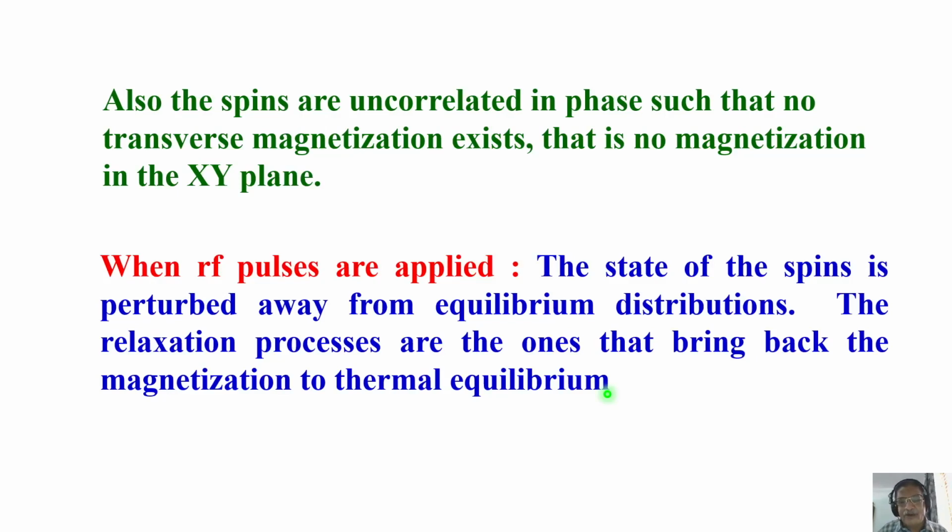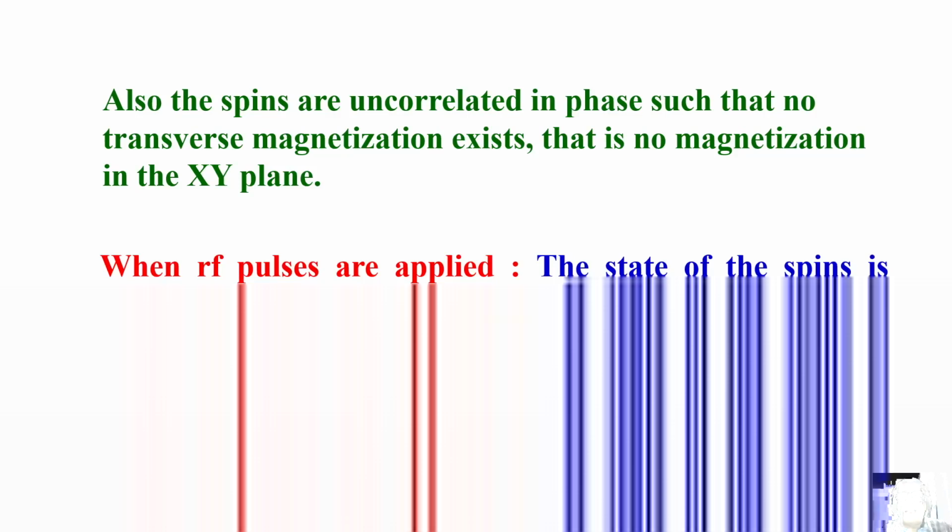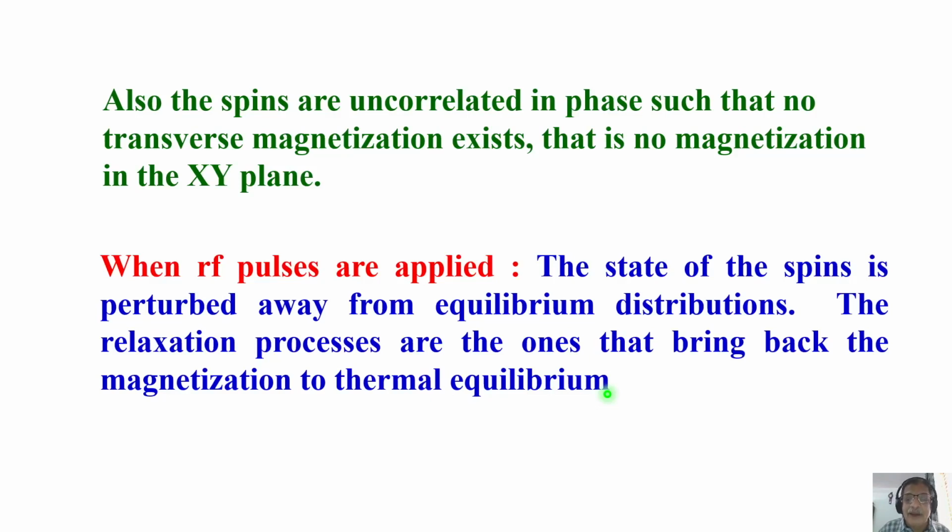Exactly, it is similar to what I said. As soon as you put this sample in a magnetic field, it requires some time to attain net polarization in the magnetic field. That is the time required to attain net polarization in a magnetic field even before applying an RF pulse. That is the spin lattice relaxation time. That is a relaxation time. Same thing here also. The time required for the magnetization from a perturbed state to come back to thermal equilibrium along the z-axis is what is called a relaxation process.